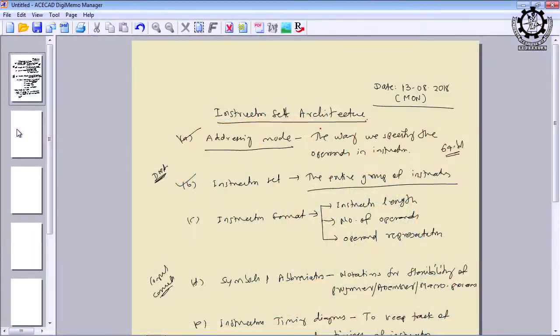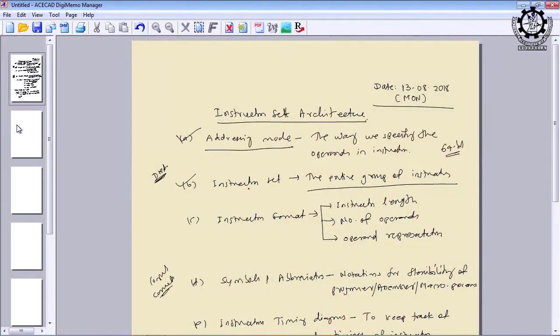So, instead of increasing the bandwidth, let us concentrate on the architectural part of the microprocessor, and based upon that you set the instruction, so that the programmer will be able to write the program flexibly, right. So, this is the instruction set, and if the instruction set is powerful, or if you have a larger number of instructions, then you can feel flexible in writing the assembly language program.